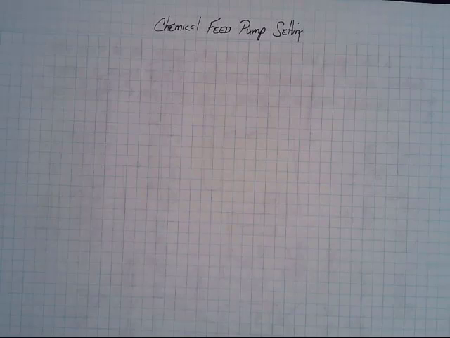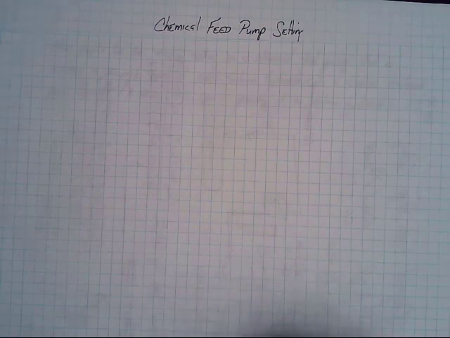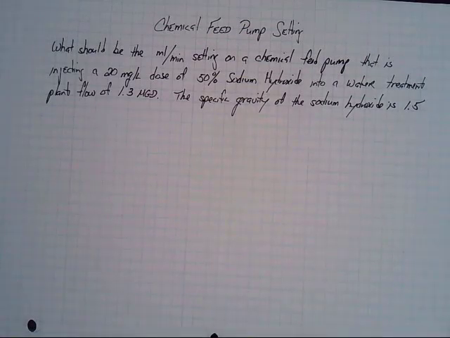There is a calculation for a type of problem that operators should be familiar with doing, and it's also one that operators actually do at a water treatment plant fairly often, and that is doing the chemical feed pump setting. So I'm going to show an example of that, and we have a word problem here, and the question asks, what should be the milliliter per minute setting on a chemical feed pump that is injecting a 20 milligram per liter dose of 50% sodium hydroxide into a water treatment plant flow of 1.3 mgd, and it tells us